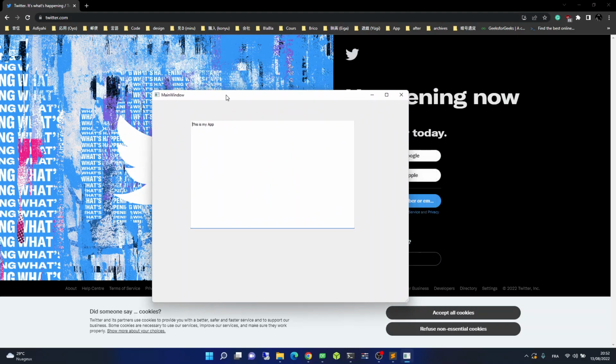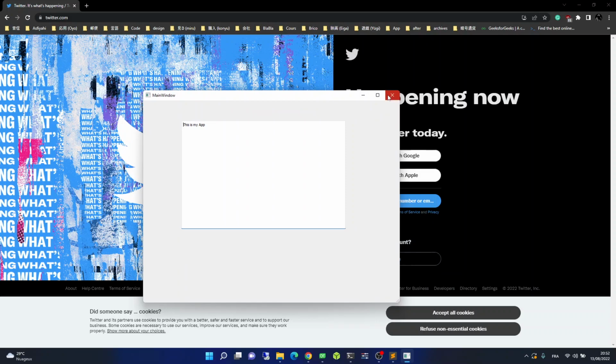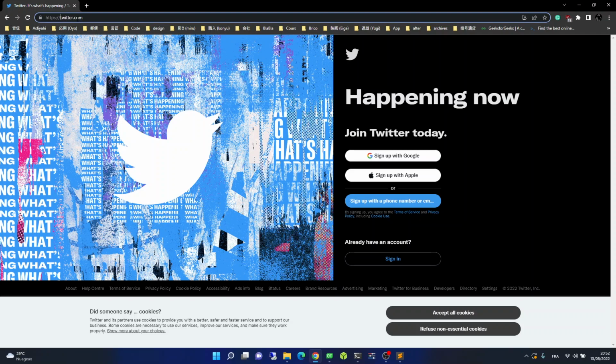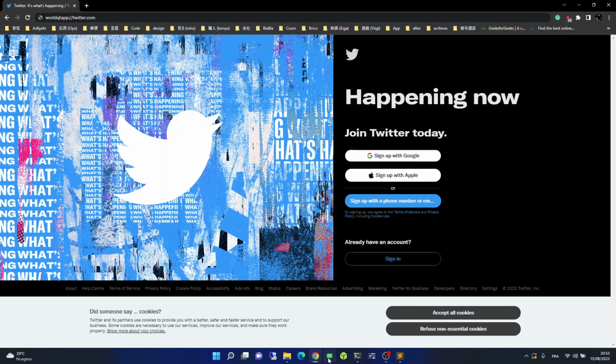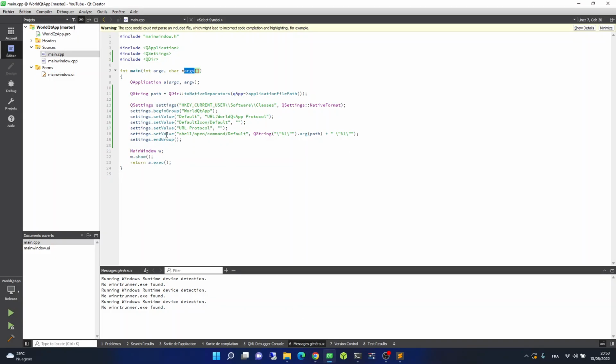It launched our Qt app. So when we want to get the other parameter, like when we get twitter.com, for example, and we say world Qt app, and when we get this string, as the string is stored in the argv, so we will get that by the